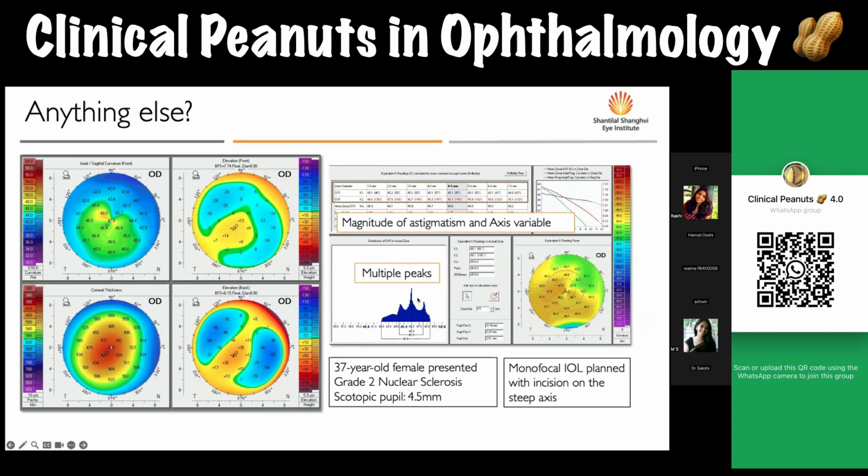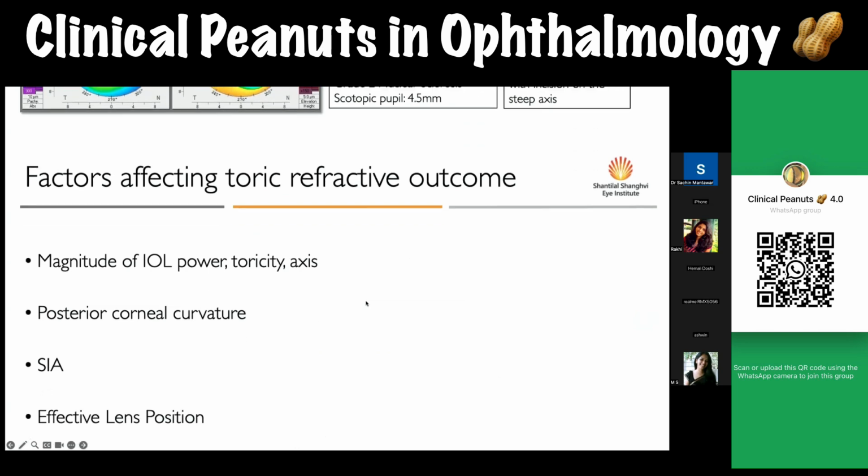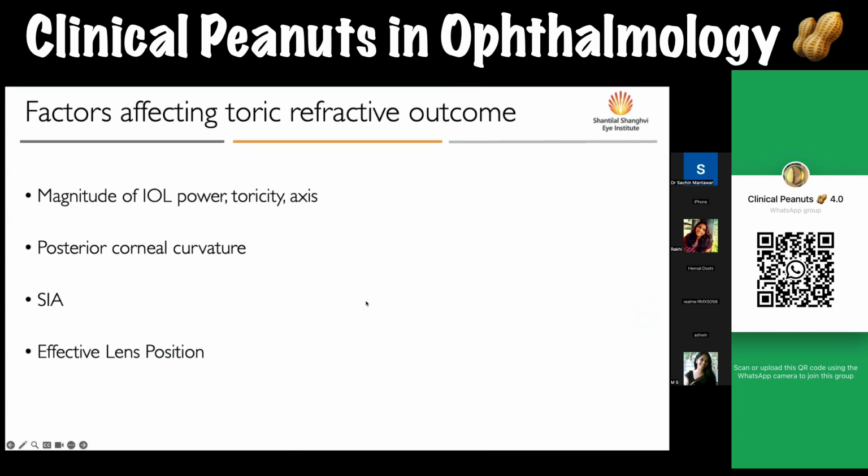changing a lot, or having multiple variations along various zones, then again it makes finding a mean K which you can use in your calculations difficult. And again, these kinds of cases may not be the best cases for toric lenses. And in that way, I find topography very useful when planning toric lenses. So we cover the magnitude of IOL power, toricity, and axis, as well as the posterior